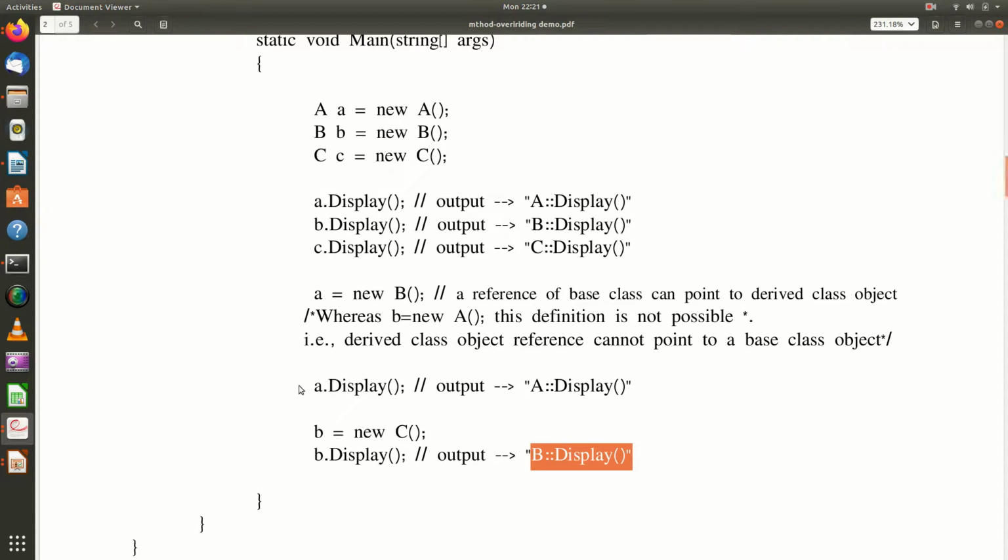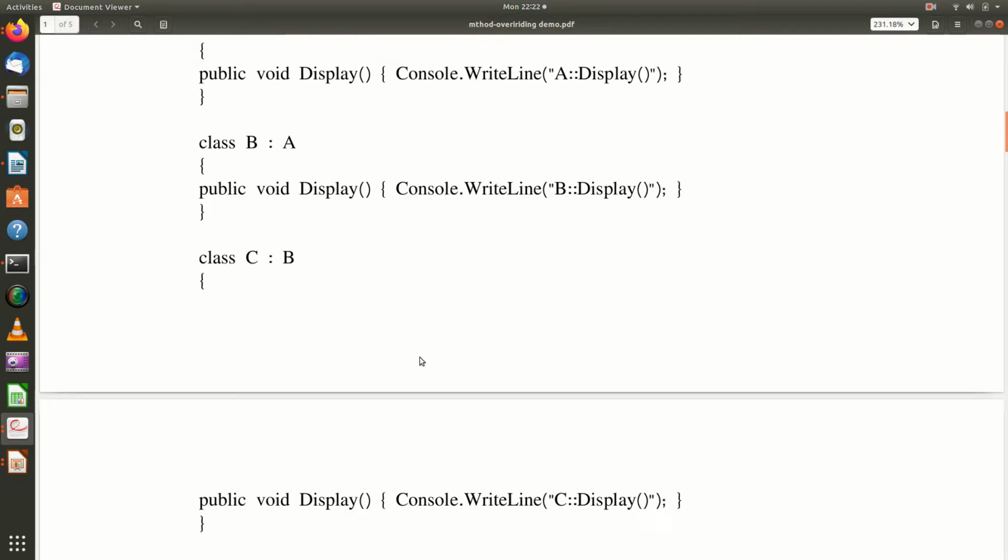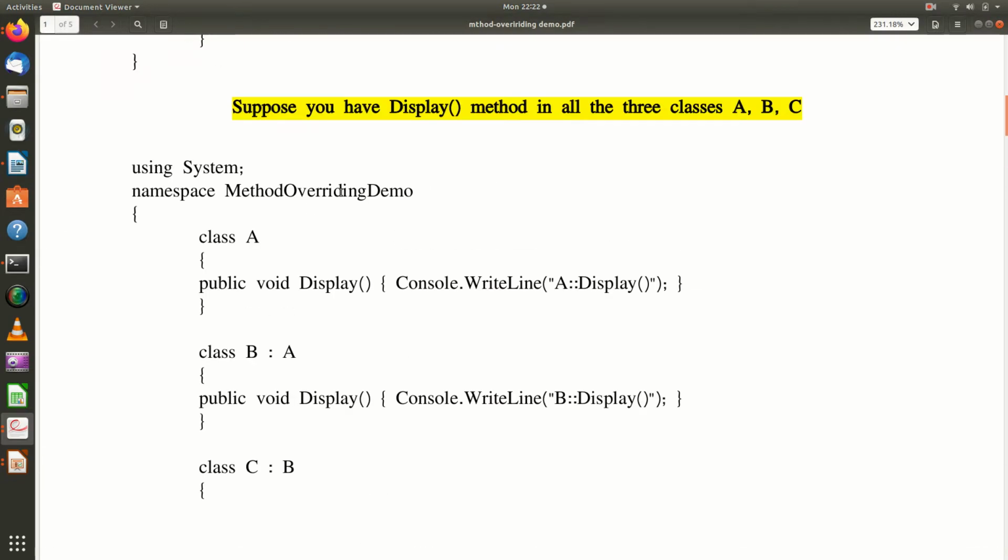So here the reference is actually of class A, so it is displaying class A's display method. Here the reference is actually of class B, so it invokes the display method of B and not C. So that is what you have to understand in multi-level inheritance, and